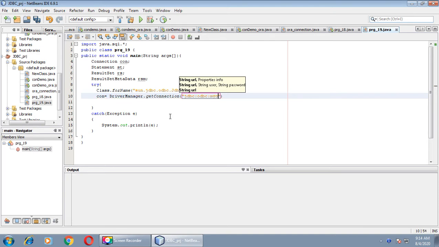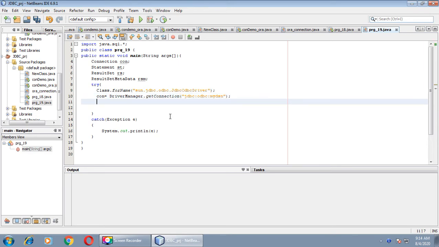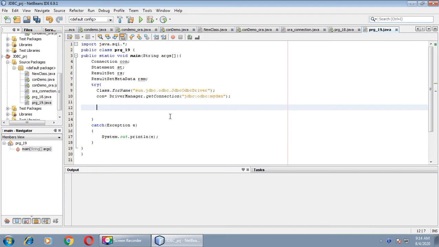The name of DSN is my DSN. That's it. The registration of driver is done. st equals to connection.createStatement.